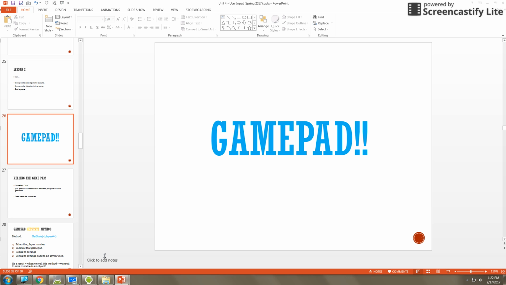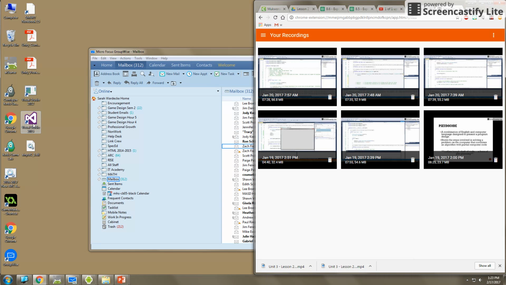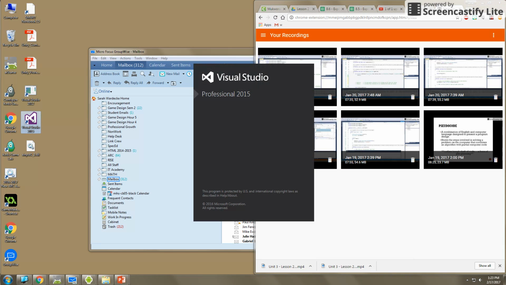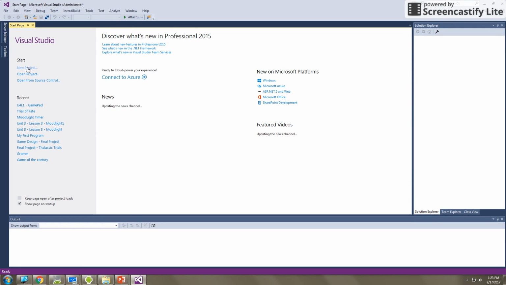All right, so now that you've talked through what the code will look like with a gamepad, what we're going to do now is actually go in and add input into a game using the gamepad knowledge that we have. So what I need you to do is open up Visual Studio, and here we're going to start a new project,